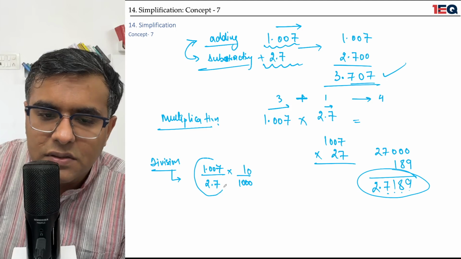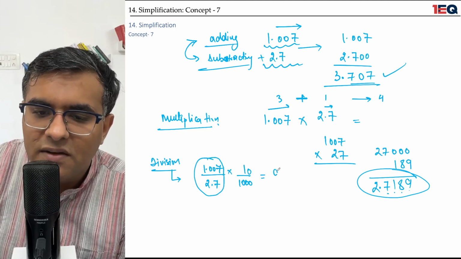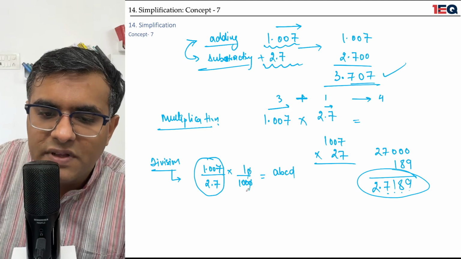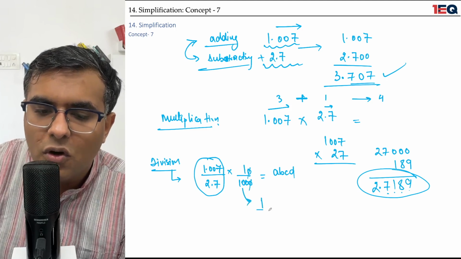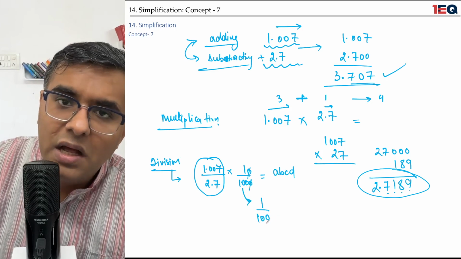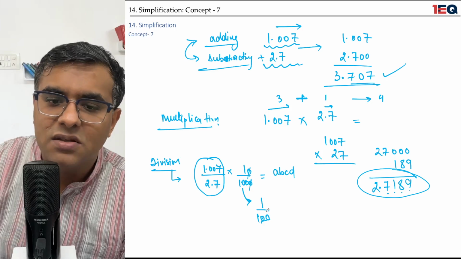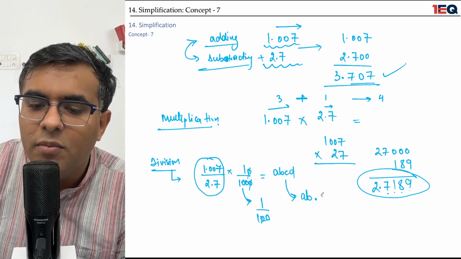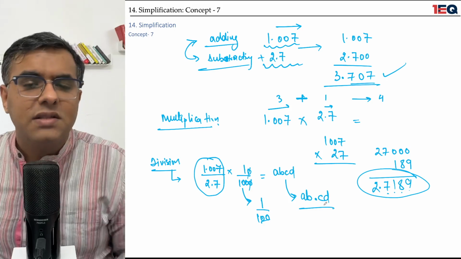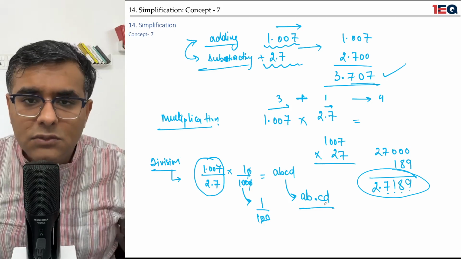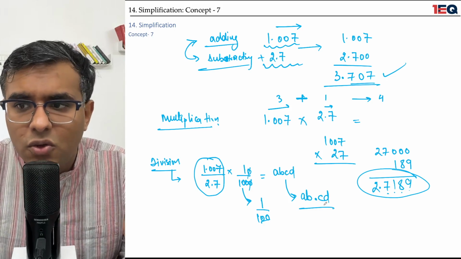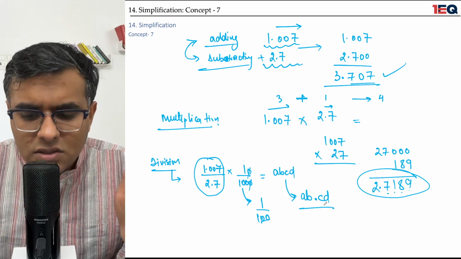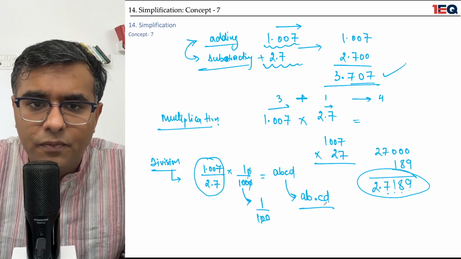After solving this, let's assume that we find the answer as A, B, C, and D. So 10 is cancelled with 10. We are left with two zeros, or 100 in the denominator. This 100 would give me two places of decimals, and my final answer would not remain ABCD. My final answer would come out to be AB dot CD. So these are the fundamentals that you need to know whenever we are solving questions with decimals in them. Moving ahead,